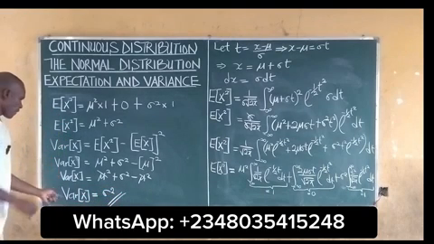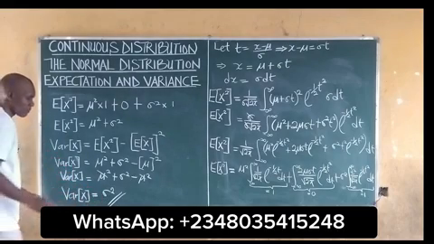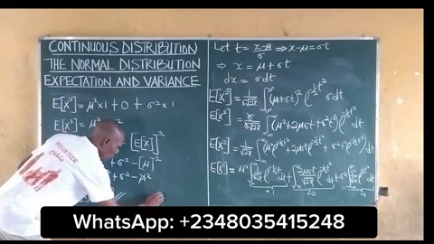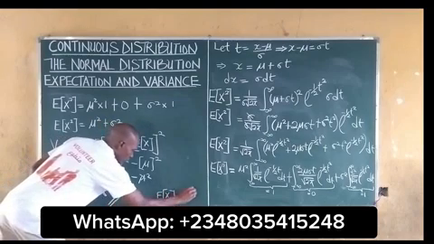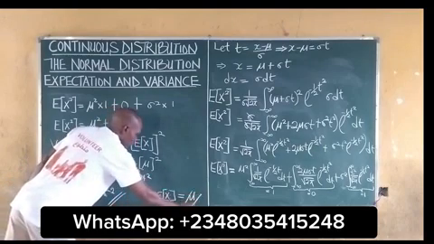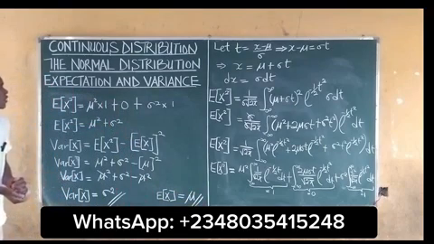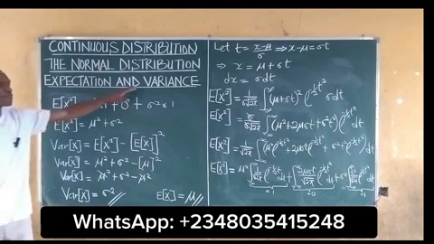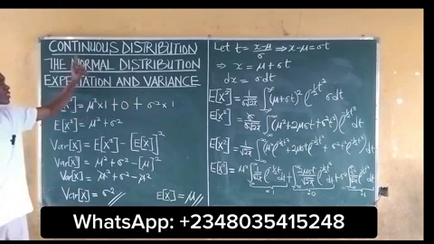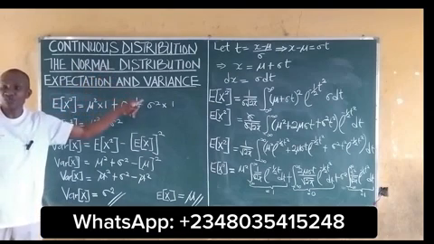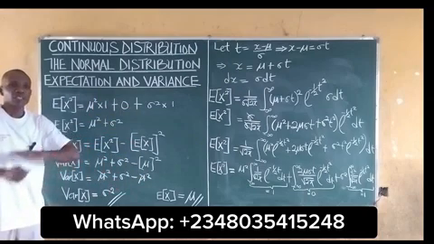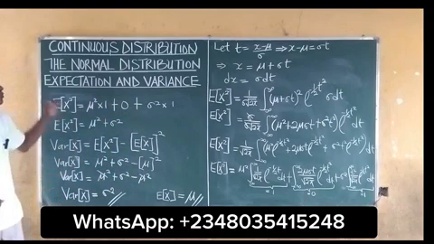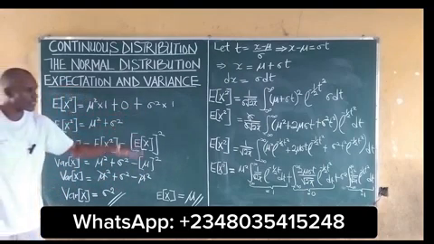So we have the variance of x to be equal to sigma squared, and we also obtain that the expected value of x is equal to mu. So this is how to obtain the expectation and variance for the continuous case of a normal distribution. So if you go through these processes, it will be very easy for you to get the expectation and variance